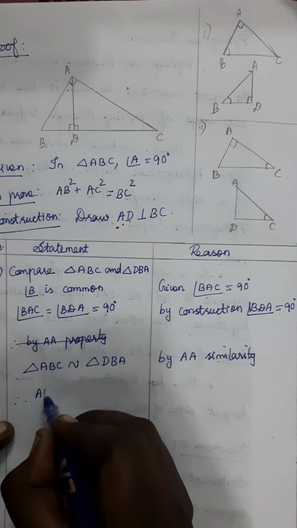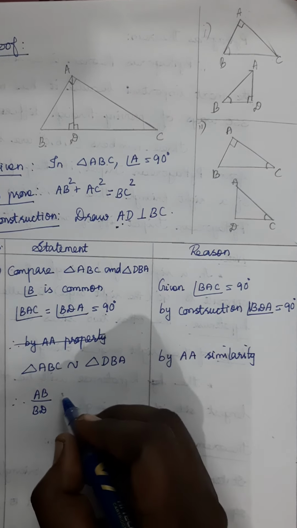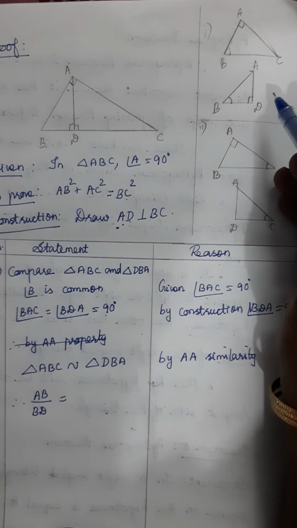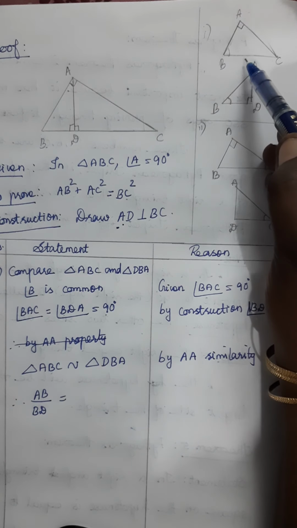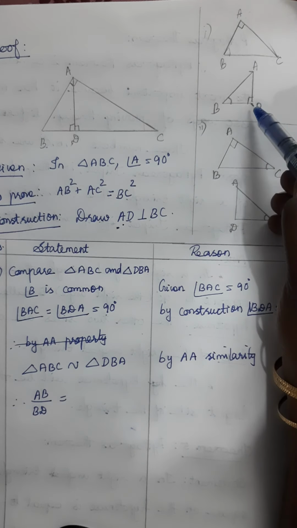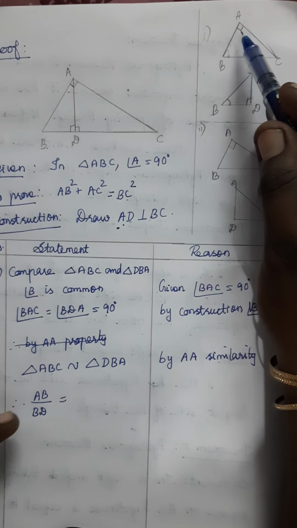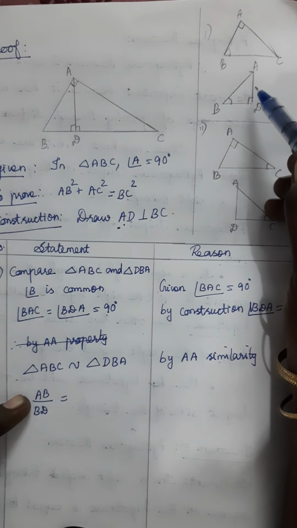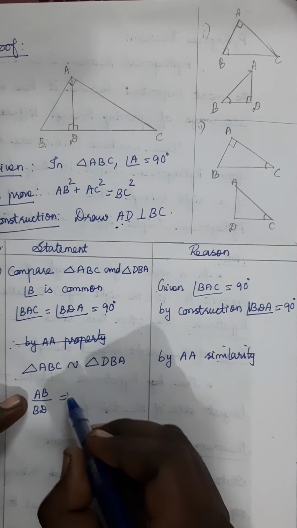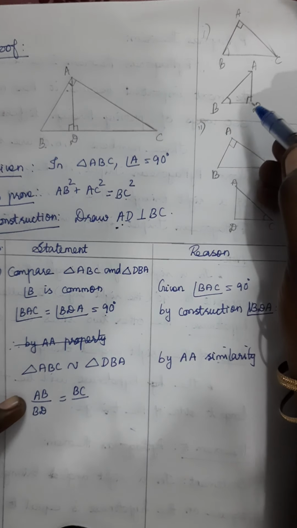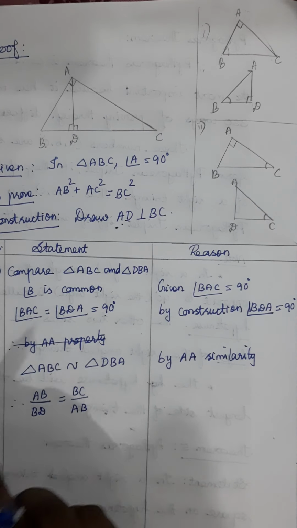Therefore, AB divided by BD, or DB, is equal to the other side. We can choose the hypotenuse. Now angle A is 90, so what is the hypotenuse? BC. Angle D is 90, what is the hypotenuse? AB. So for the first triangle we choose for the left side, and here also the hypotenuse from the big triangle ABC, which is BC, divided by the hypotenuse of the second, small triangle, which is AB. Are all clear?